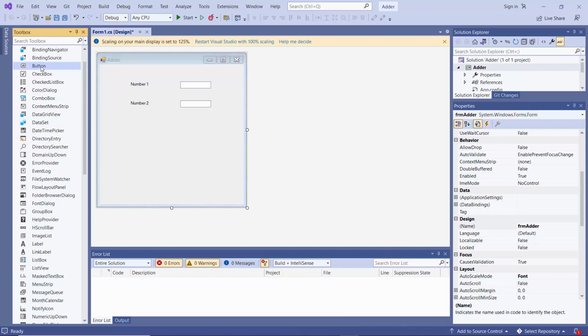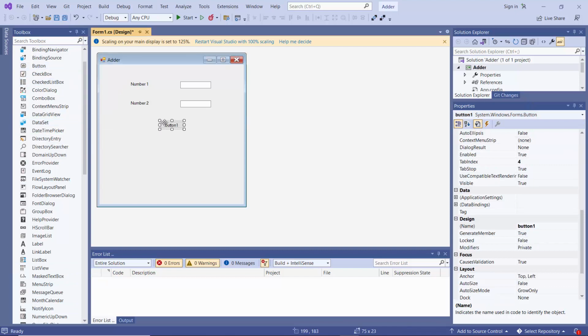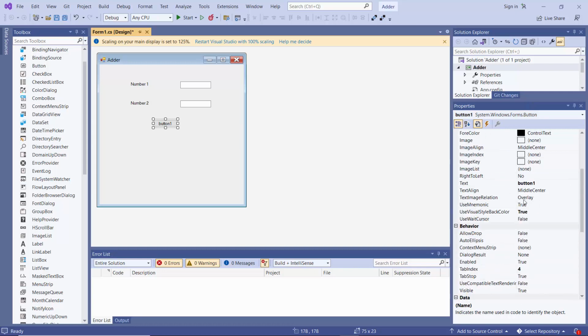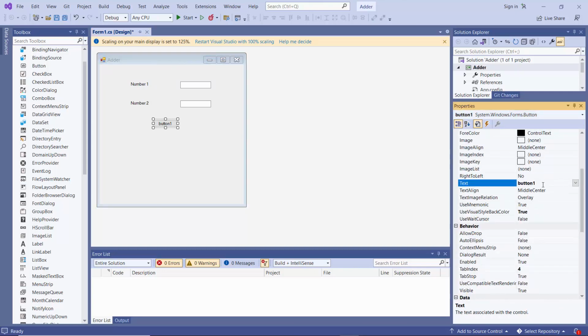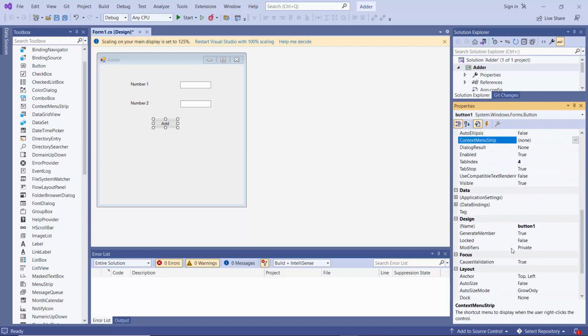Here we have button here. And for the button, I would like to change the text as add, and I'm going to change its name as